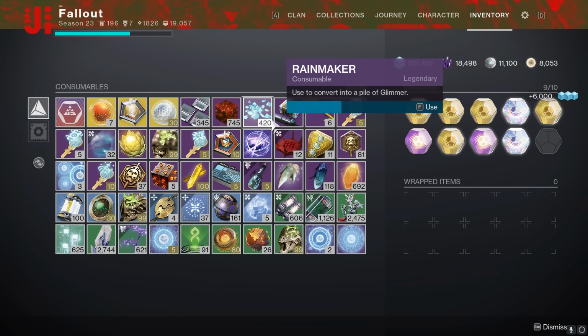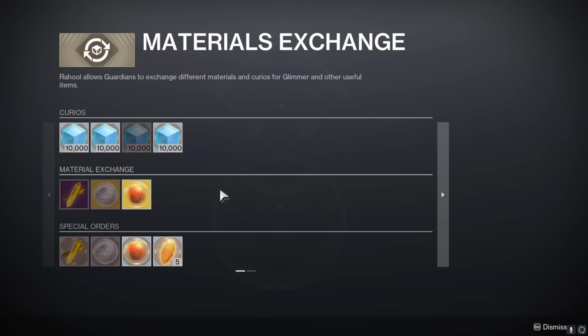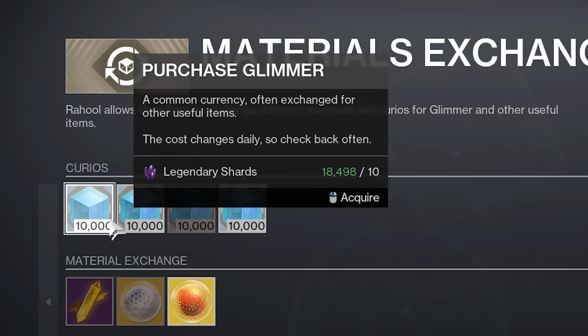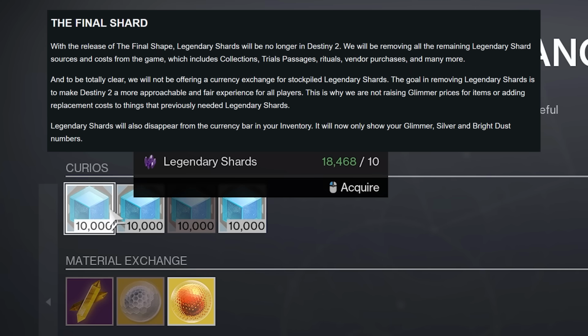First thing you already may have some of would be Rainmakers in your inventory. Just go ahead and pop one on demand for an immediate 3k Glimmer. Other than that, if you go to the tower, Raoul is practically your go-to Glimmer guy. Your best option at the moment is probably to go buy 10,000 Glimmer for the low cost of just 10 legendary shards. Good deal, because remember, legendary shards are finally getting removed from the game when the final shape drops